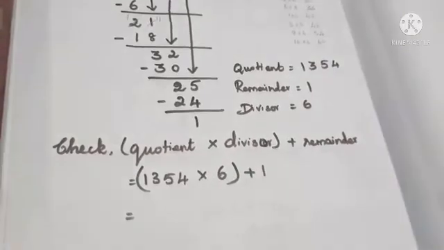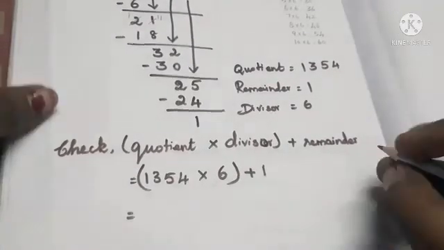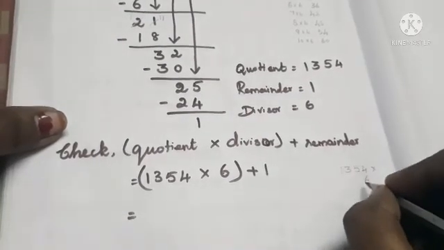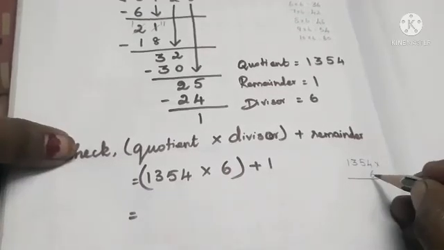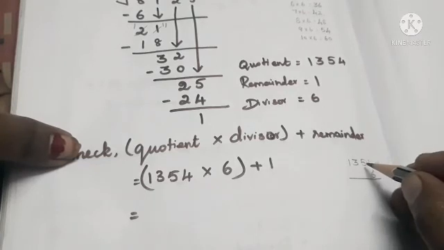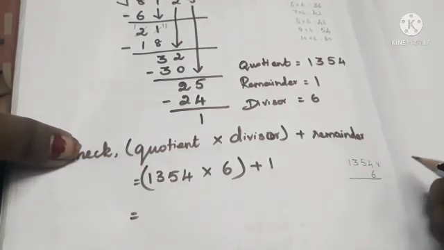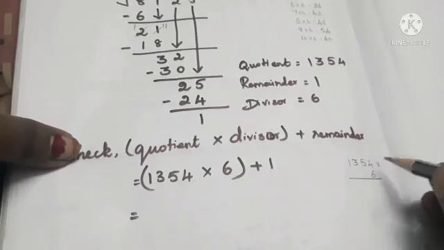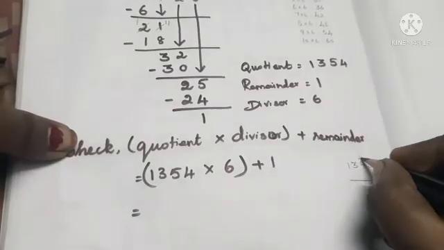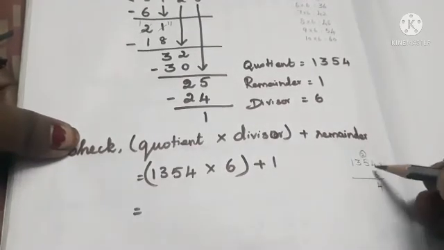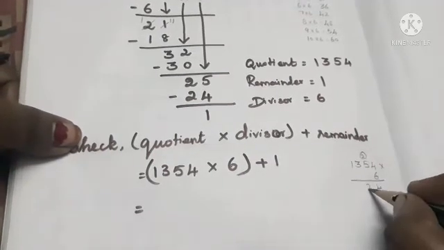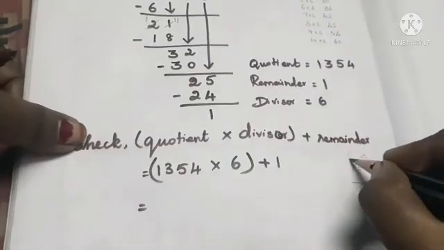Next we write equal to. Now we have to multiply 1354 by 6. This is rough work. Now we have to multiply all these numbers by 6, from the ones, tens, hundreds, thousands place. So 6 4s are what? 6 4s are 24. So we write the 4 here, and 2 is the balance. Next 5 6 are what? 30, isn't it? 30 plus 2 is 32. So we write the 2, and 3 is the balance.